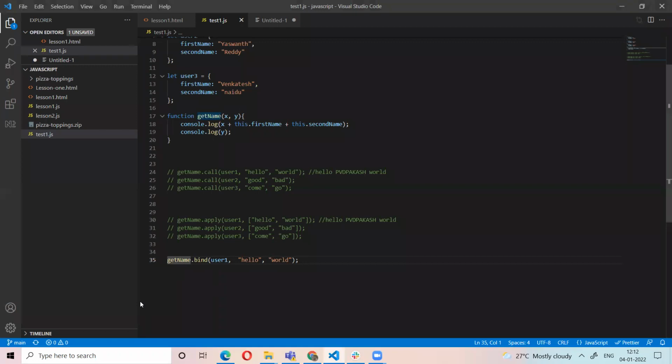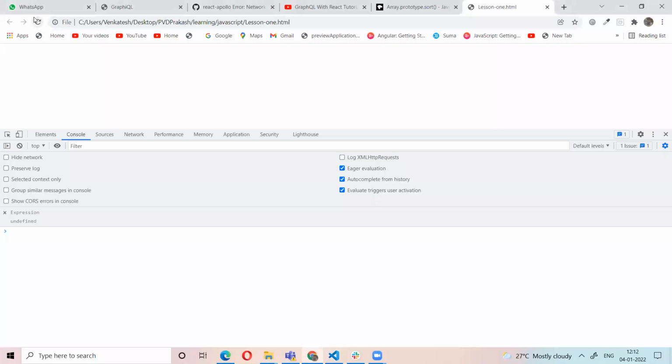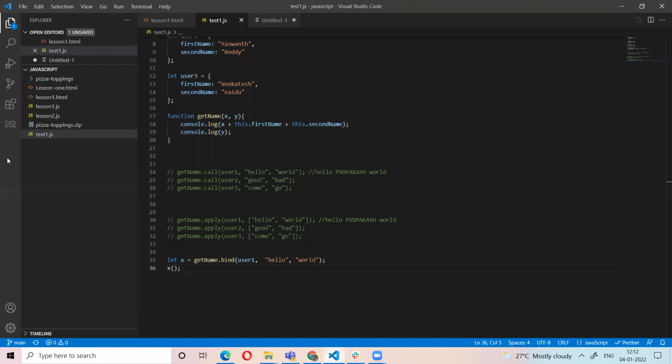For example, let's see. You got output? Yes. So what is the difference between the bind and